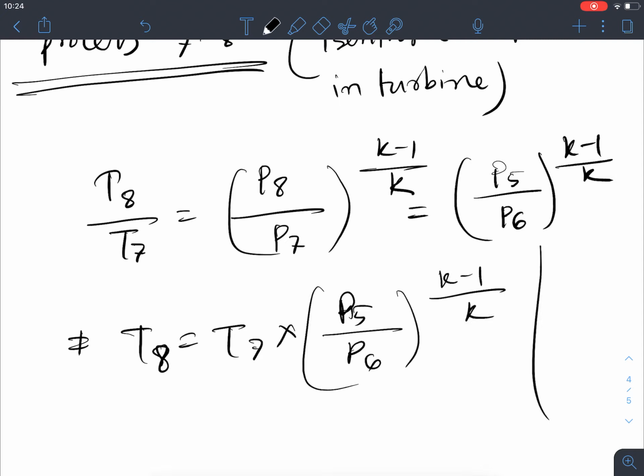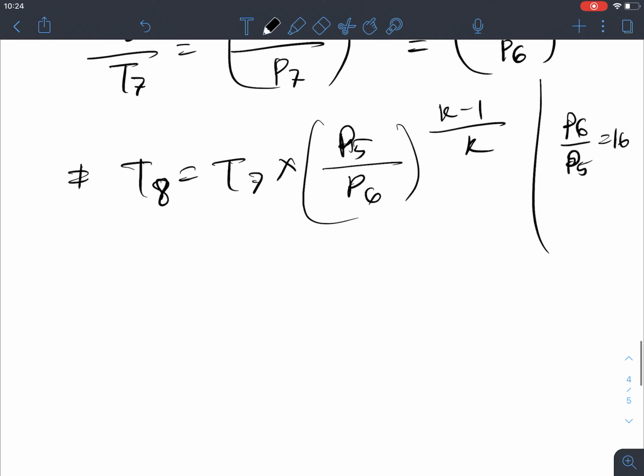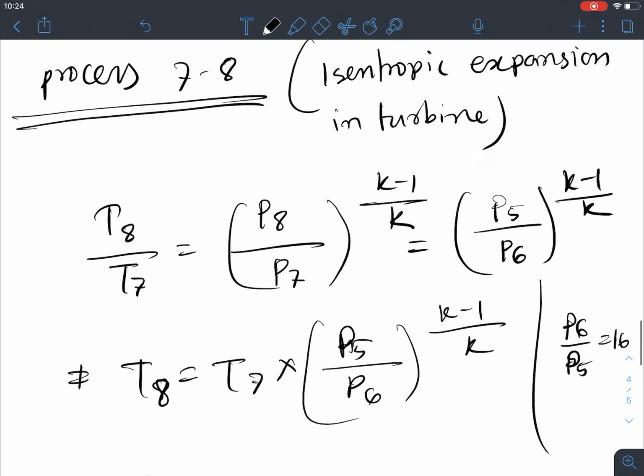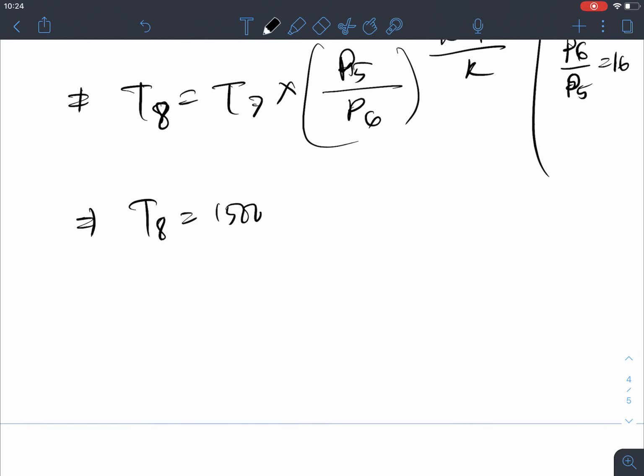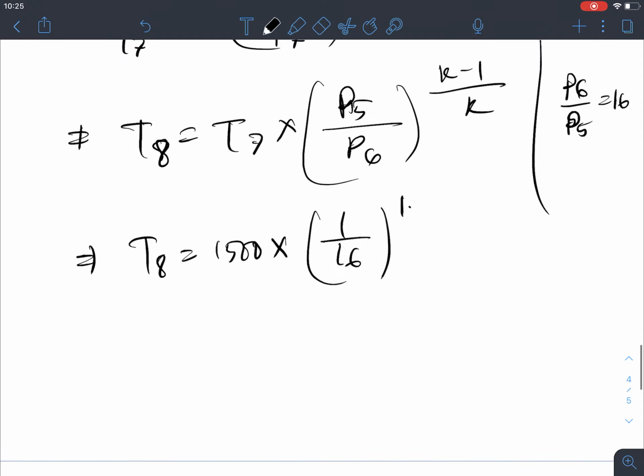And we know that P6 divided by P5 equals 16, so P5 divided by P6 would be 1 over 16. So T8 equals T7, which was 1500, the maximum temperature, times 1 over 16 to the power